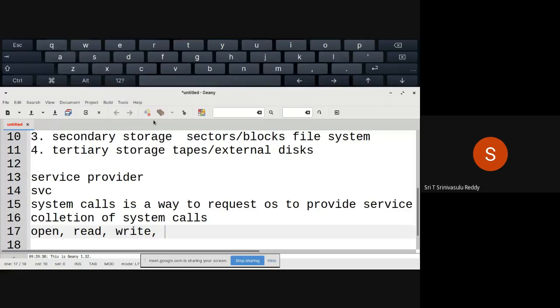Sometimes you have opened a file, but you don't want to read data continuously from the beginning till the end, but somewhere in the middle. Imagine a situation where you have stored details about a number of students. Student records are there, and you want to read data about a specific student.